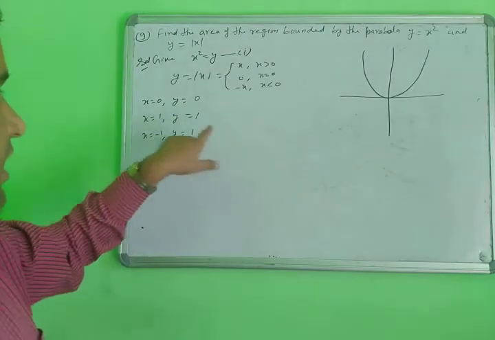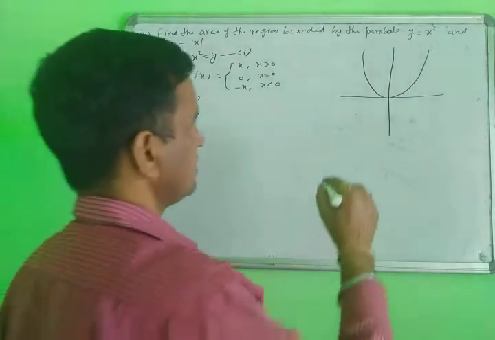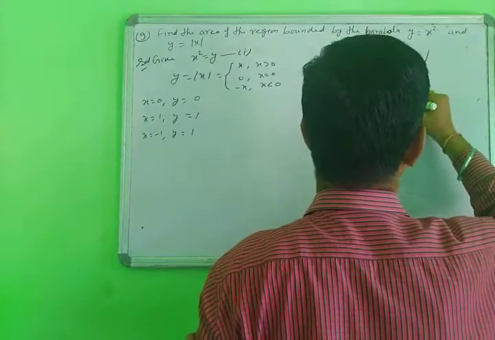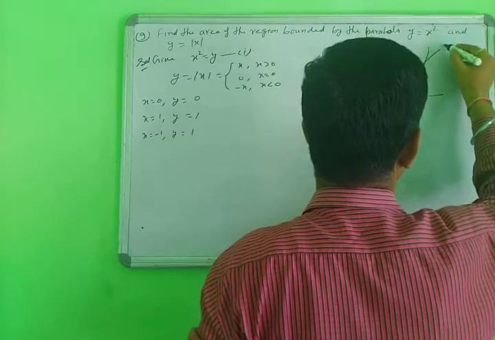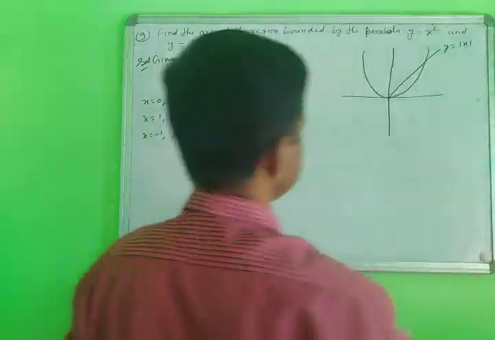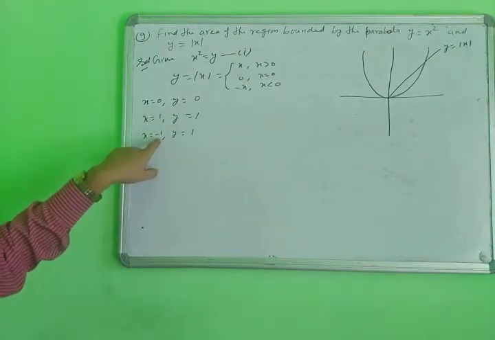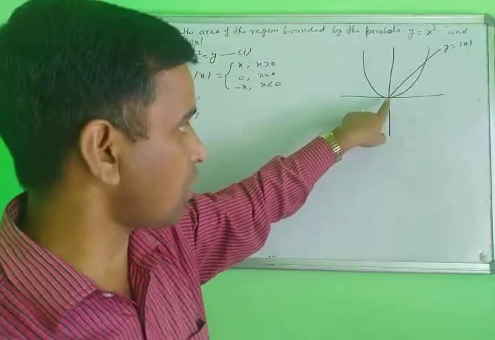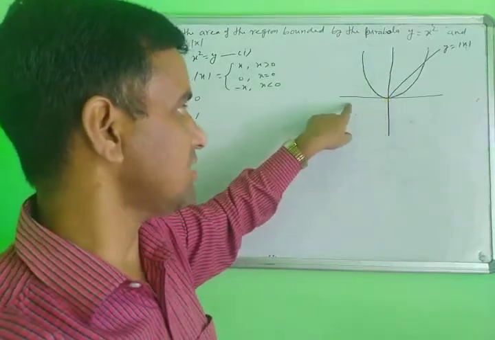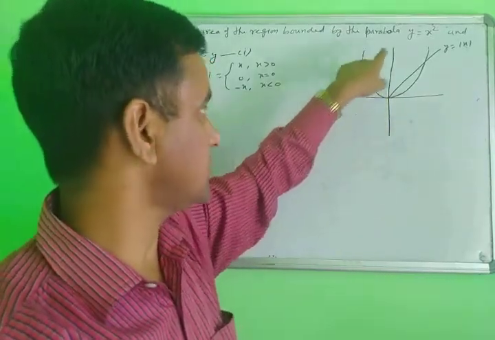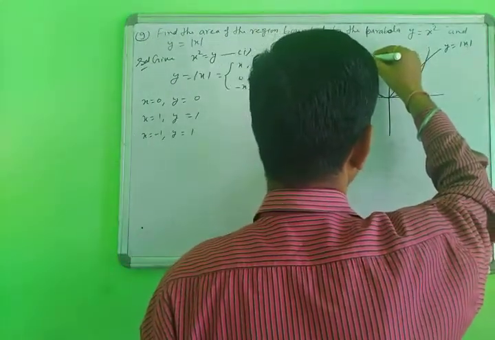So check this and then draw the graph. X is 0 at the starting point, y is 0. In this way you draw the diagram of y equal to mod x. When the starting point is the origin and x is minus x, y also comes out positive. So y never comes out negative. In the second quadrant x is negative but y is positive. That means the diagram is drawn for negative and positive x, but y is positive only.